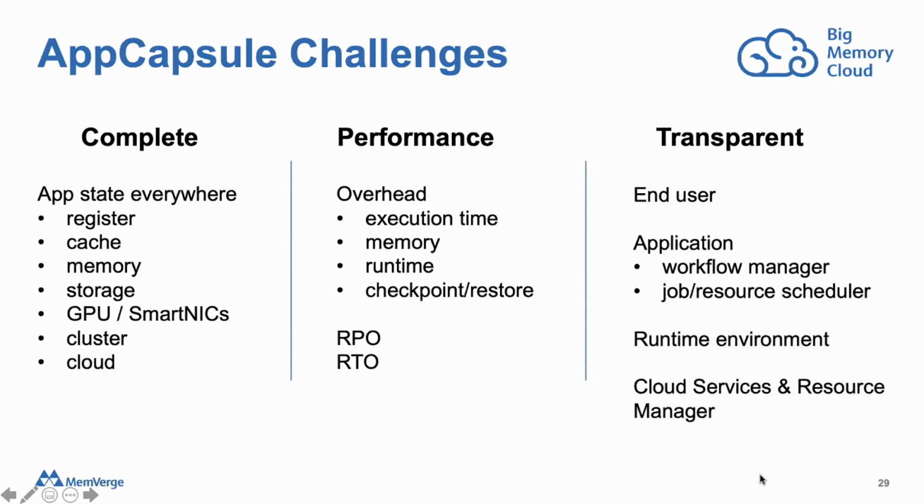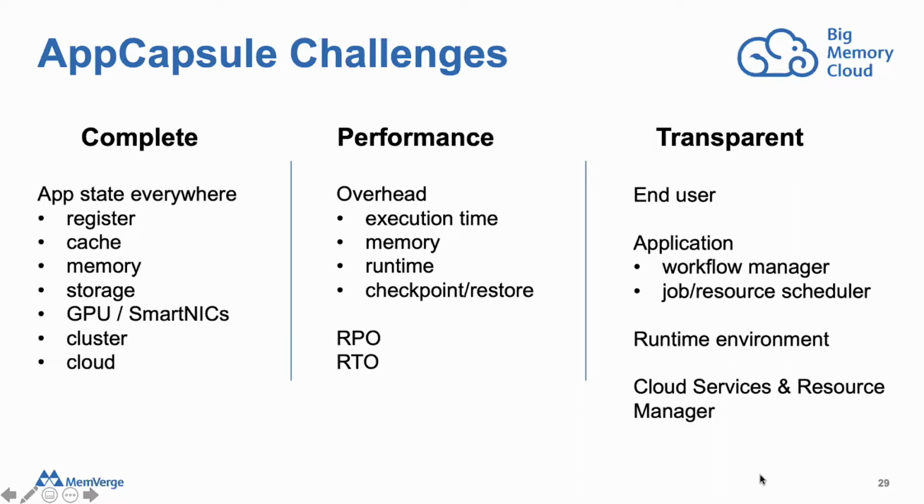That's the biggest amount of information. But what you may not realize is they're also in devices. They could be in an accelerator like a GPU, or in something like a SmartNIC. For MPI applications, which are very popular in the scientific world,